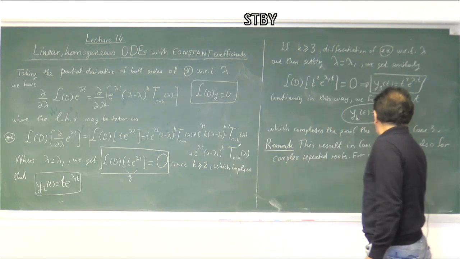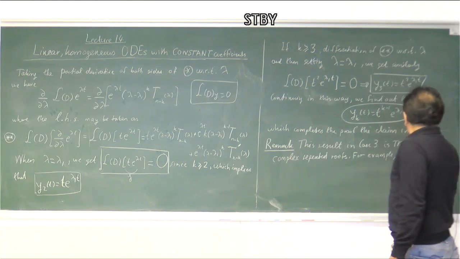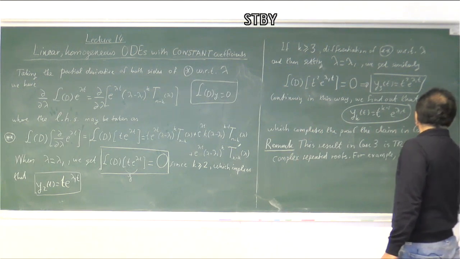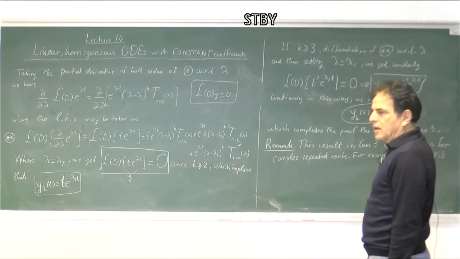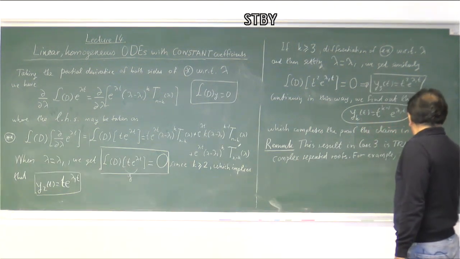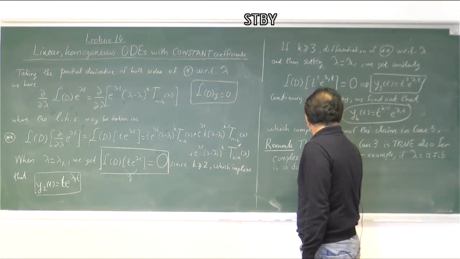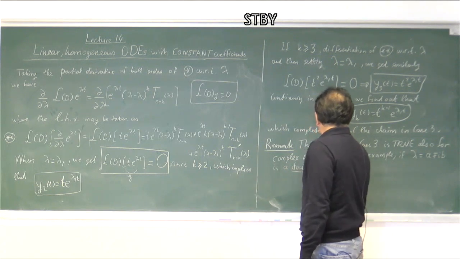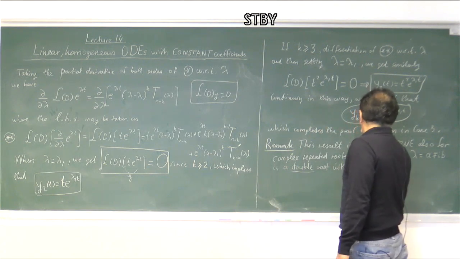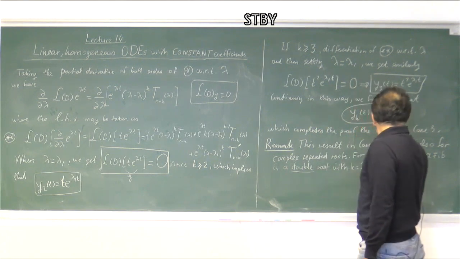For example, if lambda equals a plus or minus ib is a pair of complex roots, and if lambda is a double root, with k equal to 2, then